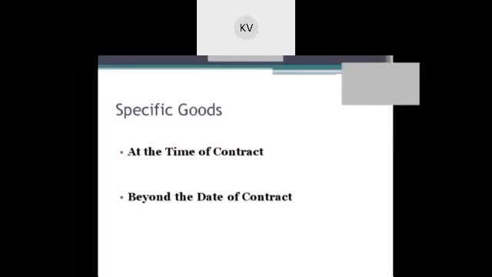For example, there is a contract for the sale of a machine weighing 30 tons and installed in a concrete floor. Some parts of the machine were damaged during the process of removal. In this case, the buyer is entitled to refuse to buy the machine as it is not in deliverable condition. So when something happened, some damage happened to the machine, automatically it is not in a condition to deliver. Okay, we understand.